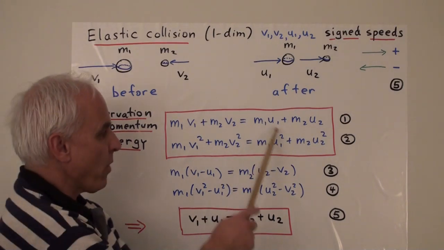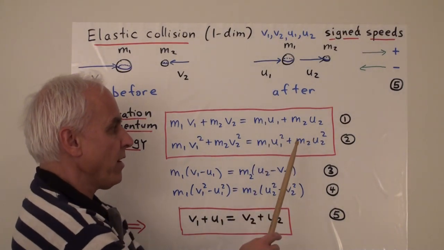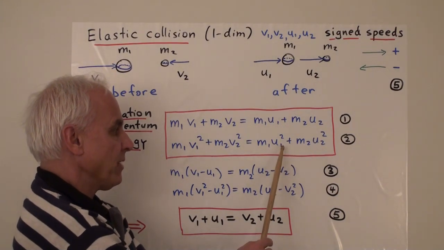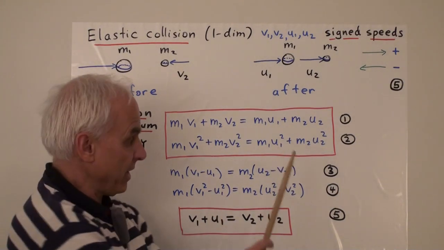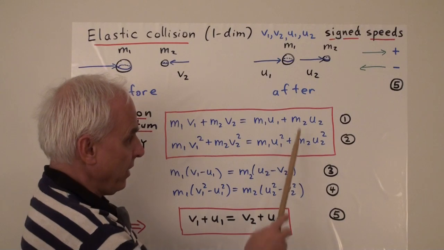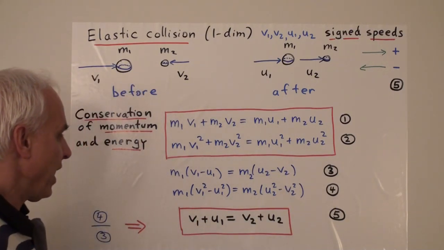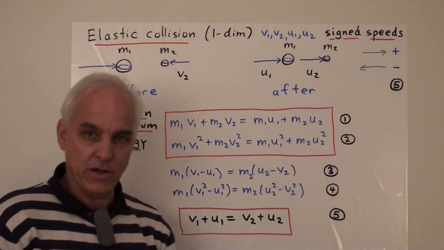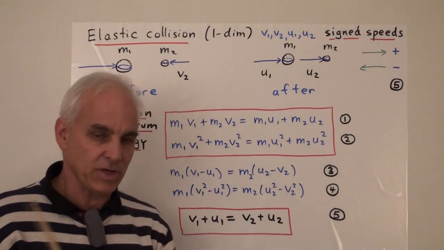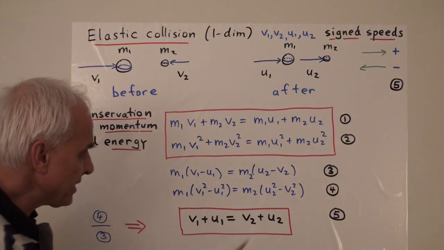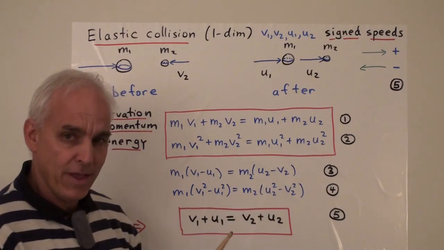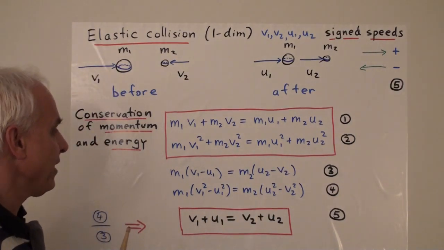Okay, so we have two equations in two unknowns, u1, u2, and we see it's not quite a linear system because this equation is quadratic while this equation is linear. So it may look like it's sort of falling outside linear algebra, but we'll see that that's not really the case. Let's take these two equations, let's call them 1 and 2, and let's just rewrite them slightly.